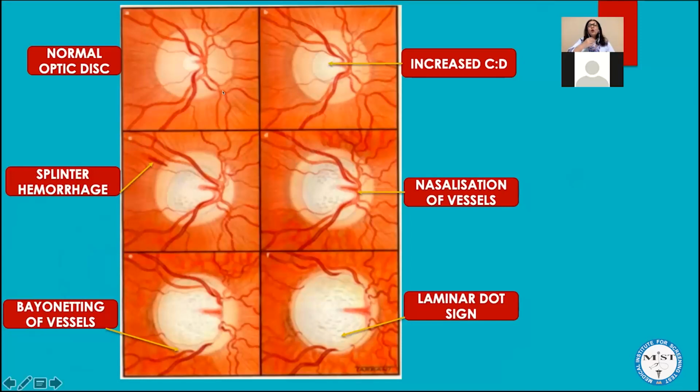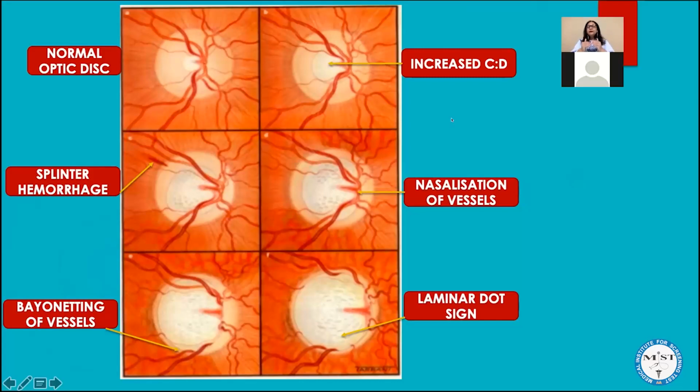Optic disc is having all the nerve fibers of the retina which form the neuroretinal rim. So this is the neuroretinal rim which is formed. The central part of the optic disc is empty. It does not contain any nerve fibers. That is why it is empty. And this empty part is known as the cup of the optic disc. So this is how the normal optic disc looks like. Small cup up to 0.3. Okay. And a healthy neuroretinal rim.